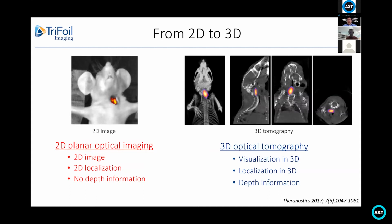And so we really are trying to move from this idea of a 2D image, which you can see on the left, to 3D tomographic images, which we can see on the right. And we can get a nice fast screening method from a 2D image without depth information and limited 2D localization just in the XY plane. But with 3D, you can now visualize your data in 3D. You can localize it with respect to the anatomic reference, and you can get an exact depth information from your